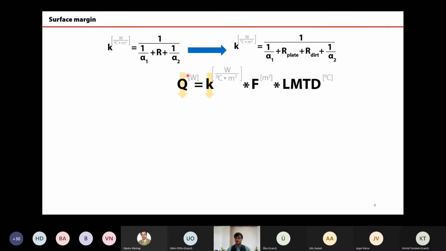HVAC systems in the most general way are like self-compensating systems. So if there is not enough heat somewhere, the valve will open, and that in most general cases leads to an increase of LMTD. So if we have a reduction,